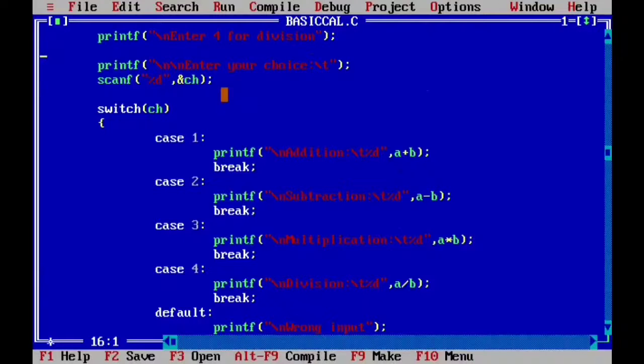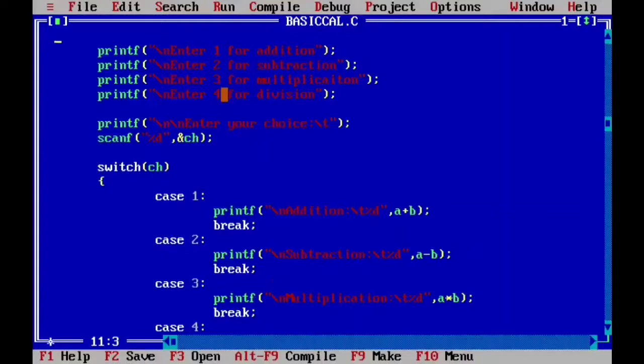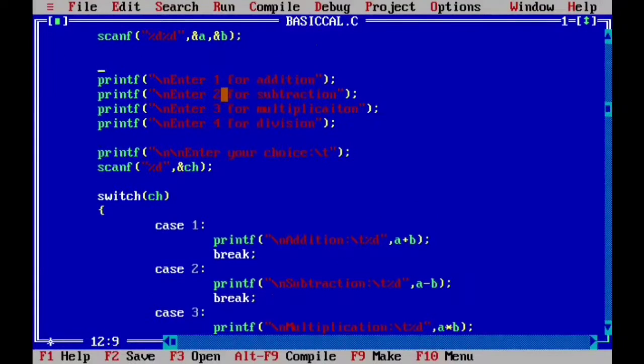To use the goto statement we need to create a tag. The tag can be created at such a point where you want your control to come back and start executing again. Suppose in this case I want the menu to be displayed again in front of the user.